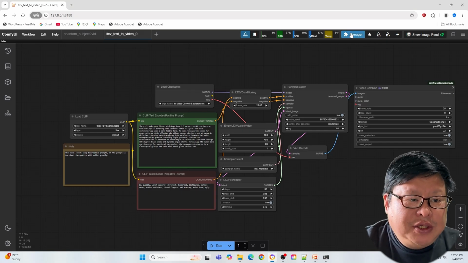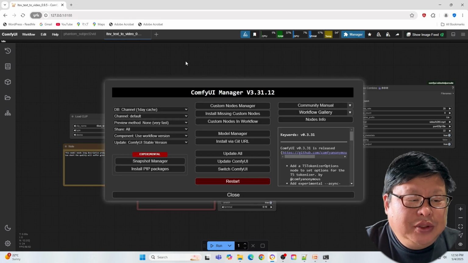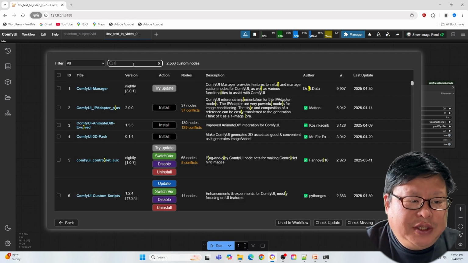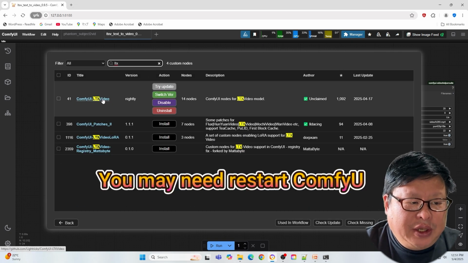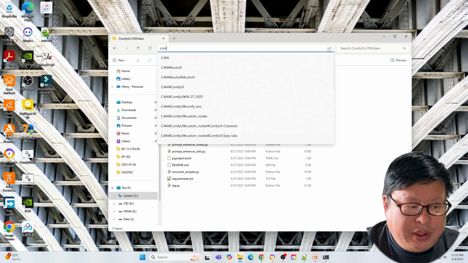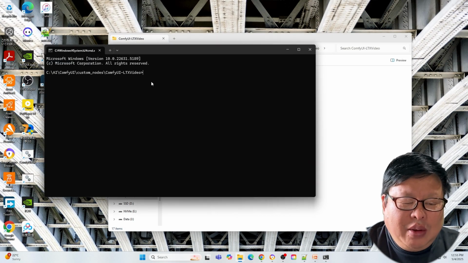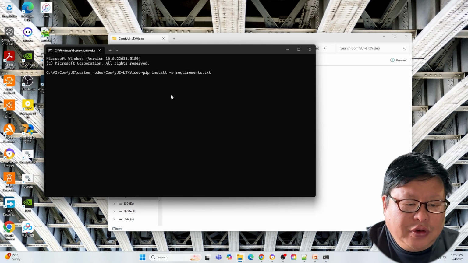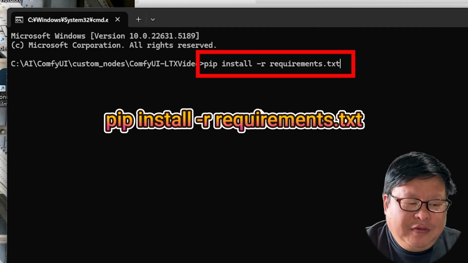Here is the installation guide. After starting ComfyUI, go to the Manager, search for LTXVideo, and install it. Navigate to ComfyUI's custom nodes directory. Then install the requirements in the LTXVideo folder. Type pip install -r